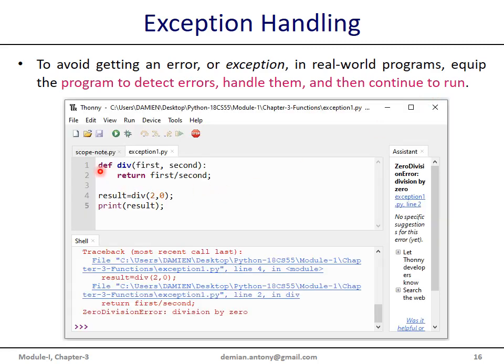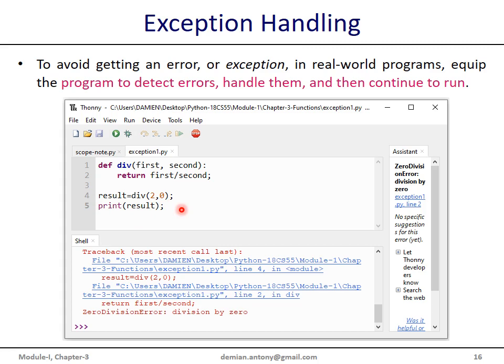Here we have a function called div. It takes two arguments, first and second, and returns the floating point division. This is the main program where this div function is called with the first argument 2 and the second argument 0, and then we print the result.